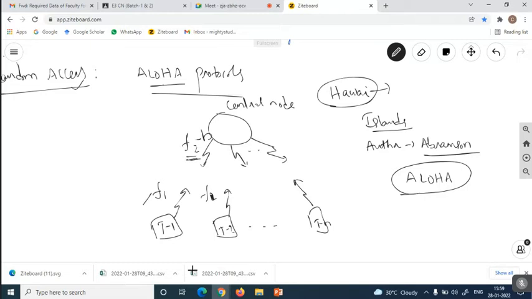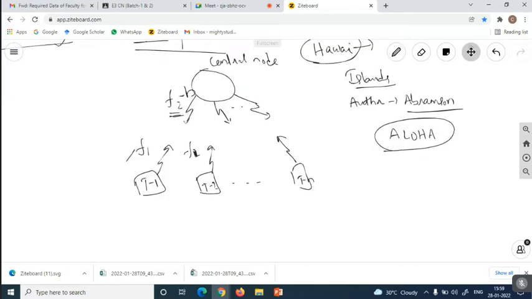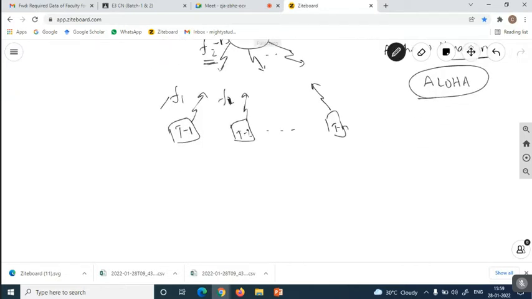Okay, and this central node is going to be sending the information towards all these particular terminals. Here in the Aloha protocol, on what basis are all these terminals going to communicate with this central node? Let us see the basic principle. How each and every terminal is sending the information to the central node is,